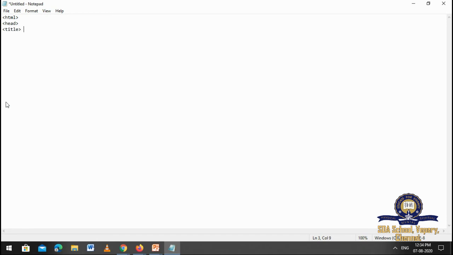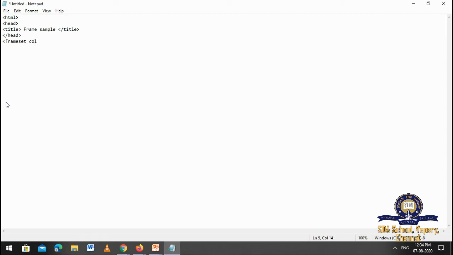The title I'm giving is frame sample. I'm closing this title and then closing this head section. And then, yes, you should not use your body section. Why? Because the frameset tag does not use any body section. Okay, now frameset. This is your frameset tag.